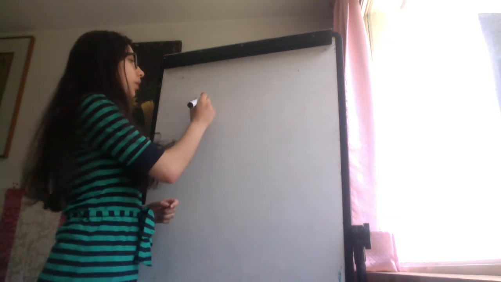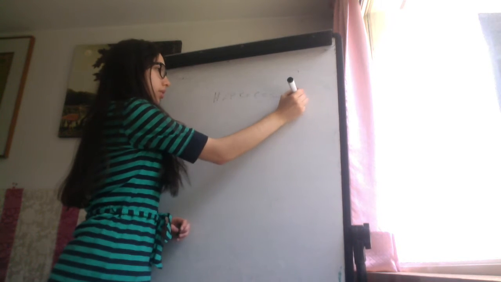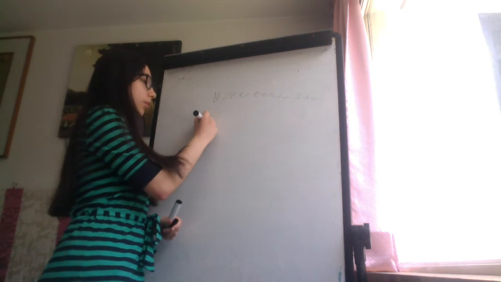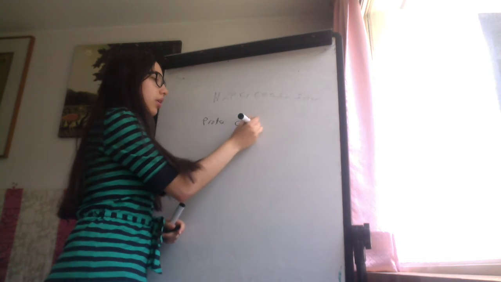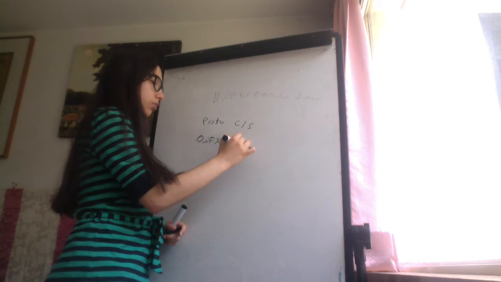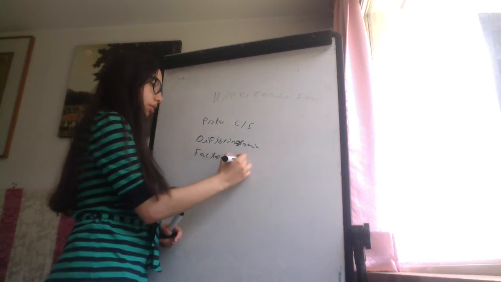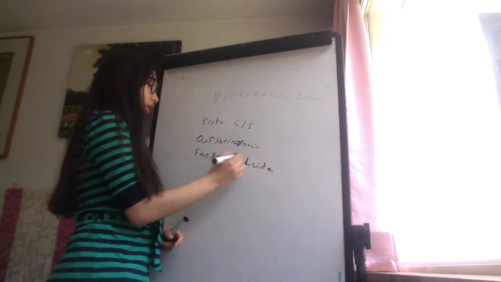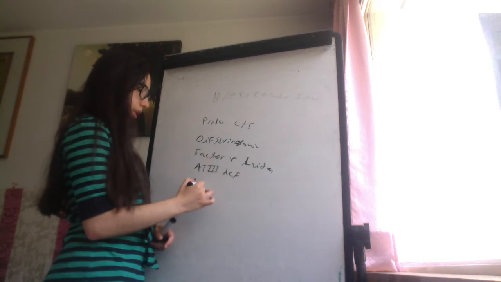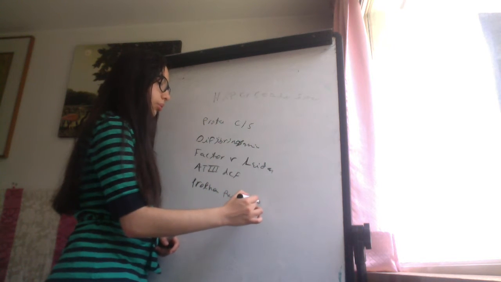Now we're going to talk about the inherited hypercoagulable states. So first, this could be due to mutation in the genes that codify for protein C or S, dysfibrinogenemia, factor 5 Leiden, antithrombin 3 deficiency, prothrombin point mutation in 20210A,